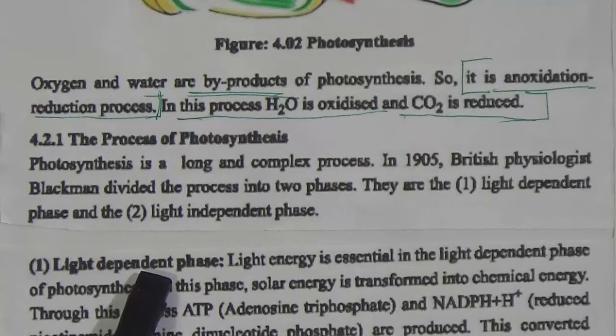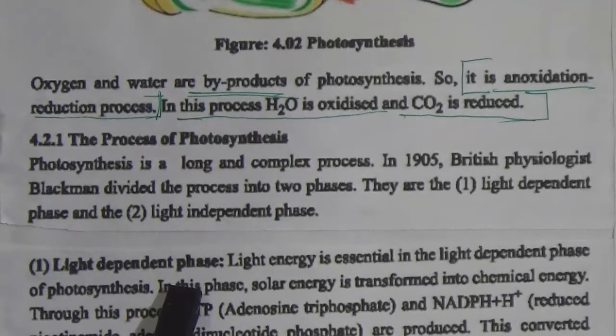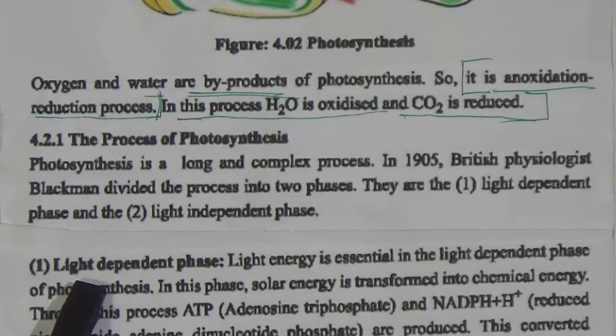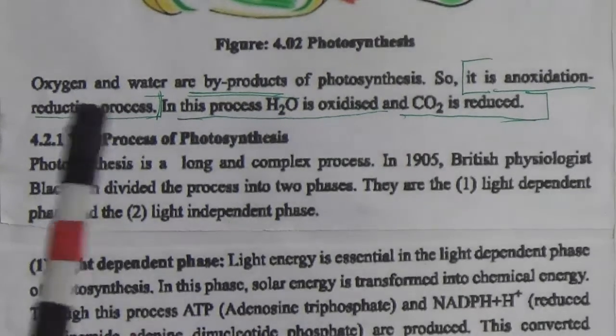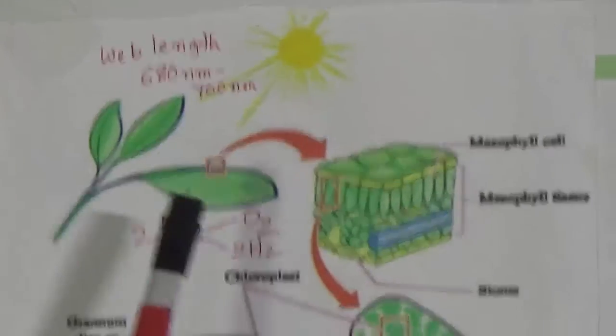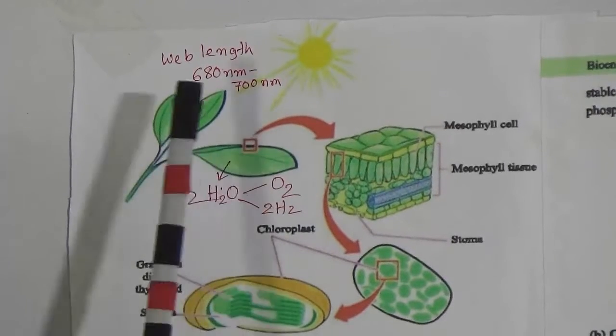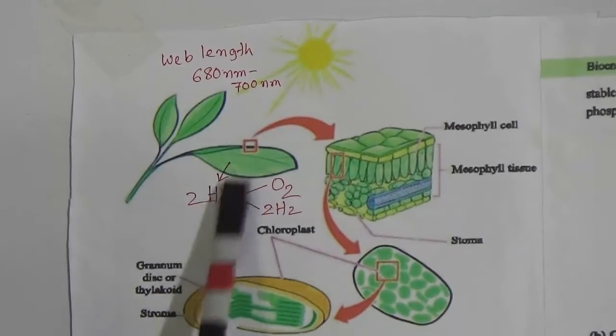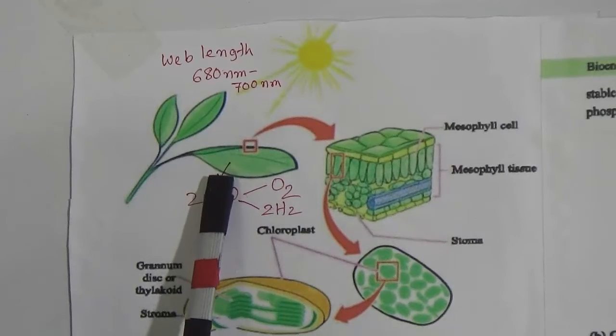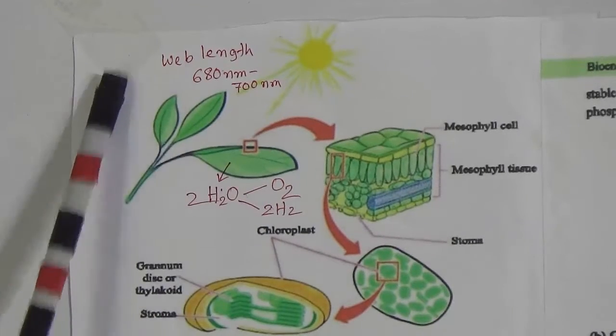By seeing the name we can easily understand that this part of the photosynthesis procedure depends on sunlight. We know sunlight is an essential part of photosynthesis, and this part depends on light. Look at this picture, where they show how and where the photosynthesis procedure occurs. The sunlight falls upon the leaves, and the water which is stored in the leaves breaks down with the help of the sunlight.